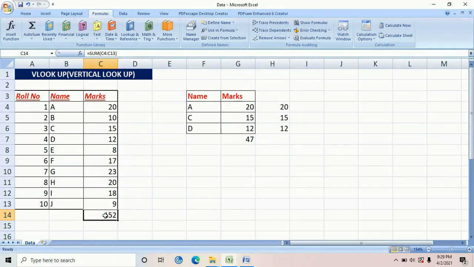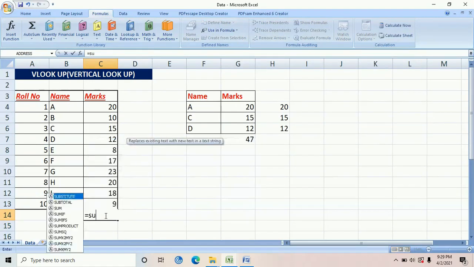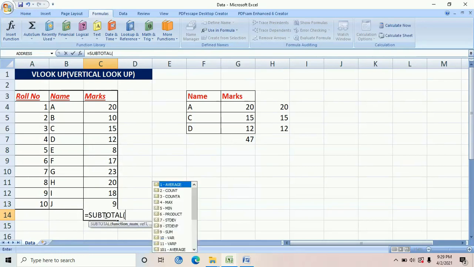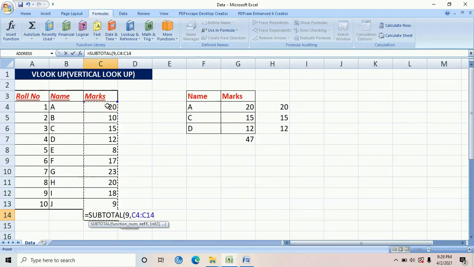How will that work? Over here I'll just say subtotal. It is asking me which subtotal I want, and there are some options given. I want the sum, so I will write 9, comma, and the reference, which is the data from this to this. I'll close the bracket.